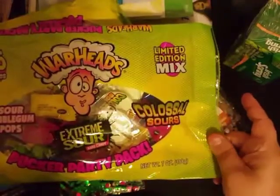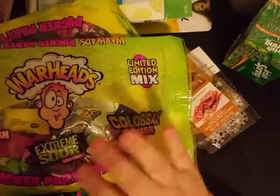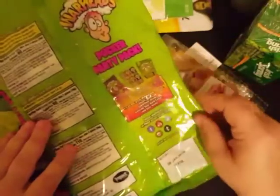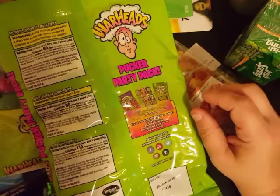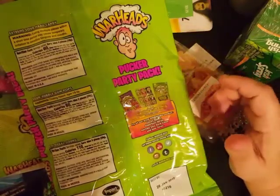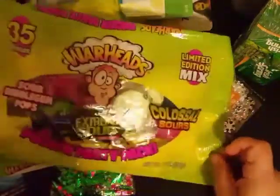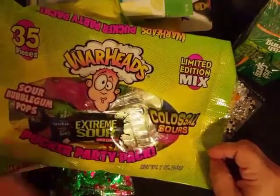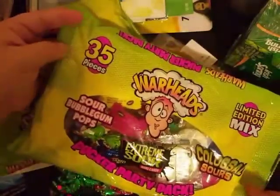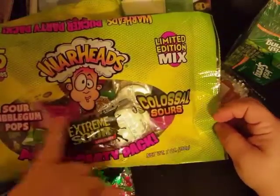I went ahead and picked up 2 bags of these Warhead limited edition mixes. Now, if you guys have seen or heard me talk about the Dollar Tree candy this year as far as Halloween candy goes, you will know that I'm quite disappointed in the amount of candy that's coming inside the bags this year. This is something right here that reminds me of the amount of product that they had inside the Halloween candy bags last year. As you can see, this is like 35 pieces here, and they're Warheads, and you have like 3 different types